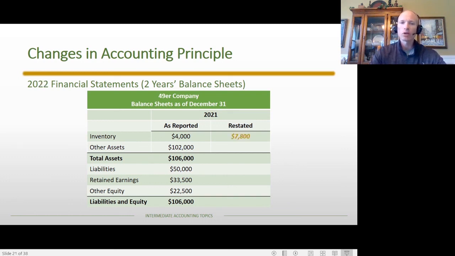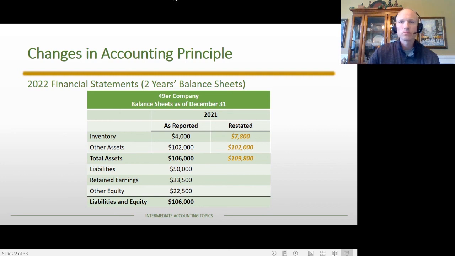Originally we had reported $4,000. The cumulative difference is $3,800. So the restated amount would be $7,800. The other nice thing about this is that's also the journal entry amount. If you remember, we had an increase to our inventory of $3,800, and so we need to increase our restated amount $3,800 relative to the as reported amount. That's the whole idea here: you have this accumulation on the balance sheet, but year-to-year effects when it comes to the income statement. All other assets are the exact same, and total assets are